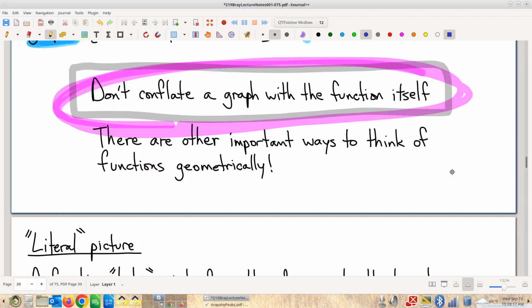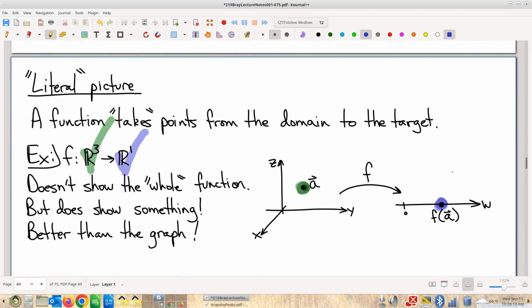So already, I think we have to confess this is better than the graph would have been, the non-existent picture of a graph. Okay, now let me try to persuade you, though, that there is still something even more valuable about this kind of picture, and that is, let's entertain a scenario, a particular situation. So, we've got some function, whatever. And I'm at this point A in the domain, and the image is this value f of A here in the target. And now, let's suppose that from this point A, where I like to think of myself as being,